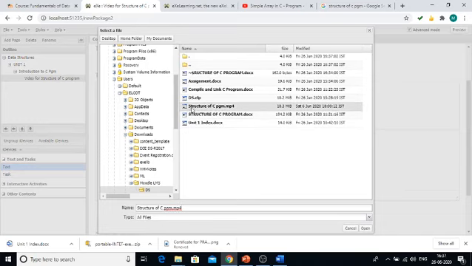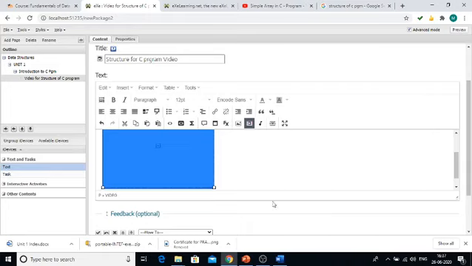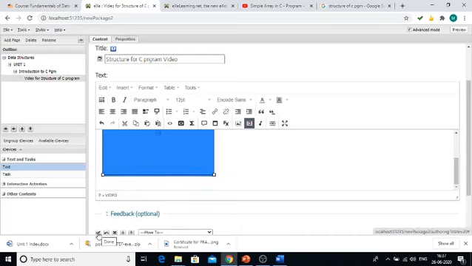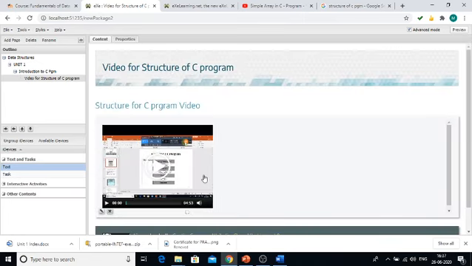This is my video, structure of a C program .mp4. You select your video, click open and give OK. So your video will be embedded inside your text box. Then click the done button. This done button is used to save your file.